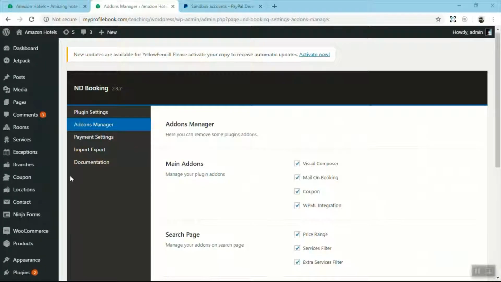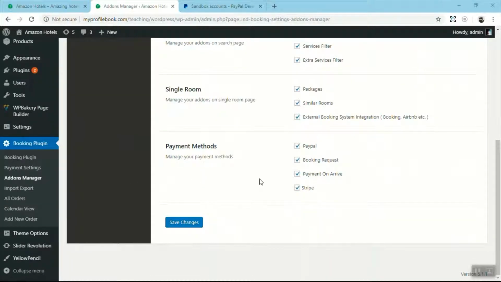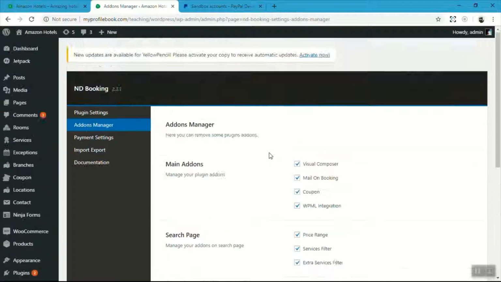When you come to this page, first of all, you will need to enable the payment gateways that you want. For example, if you want to enable the booking request, enable it. If you don't want to enable payment on arrival, you can disable it as well as you can enable it. If your country doesn't support Stripe or PayPal, you can disable them or enable them. Once that's done, you can go to payment settings